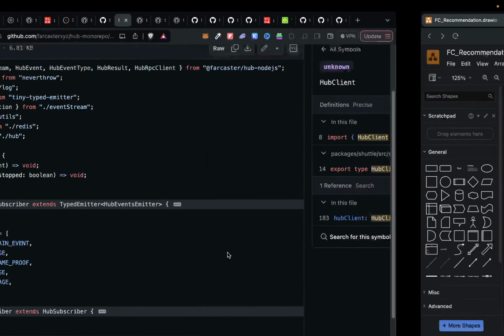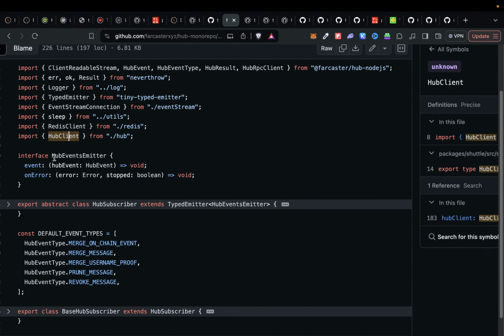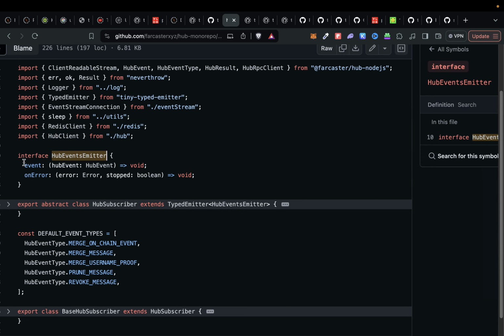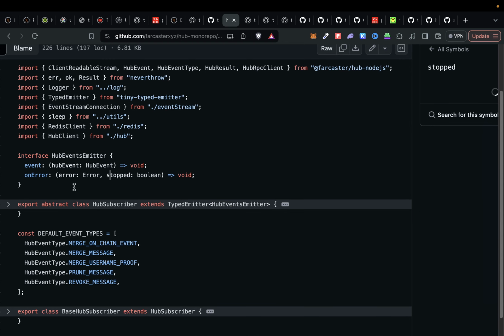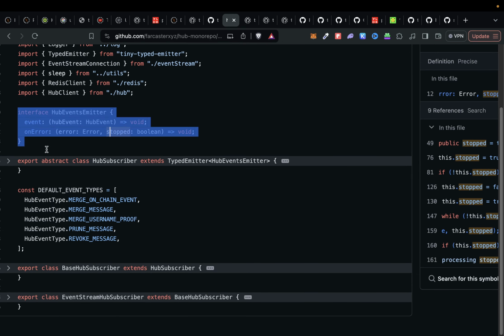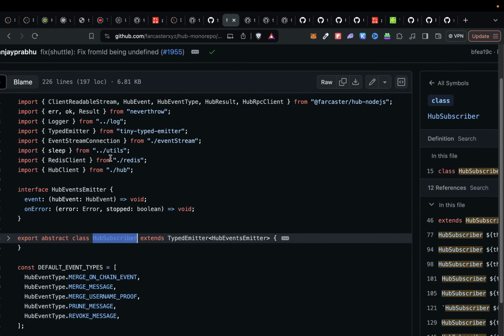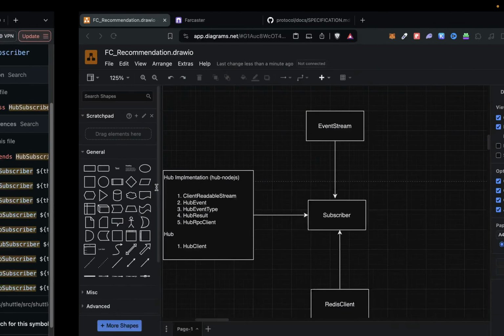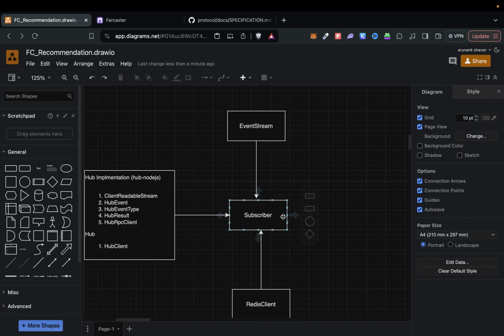So these three things go into our subscriber. Now there is a hub events emitter interface that we have passed. There is going to be an event, and if there is an error, so we have done this to basically make it type safe. Now the hub subscriber is a class that we are creating in our subscriber class. So this implementation